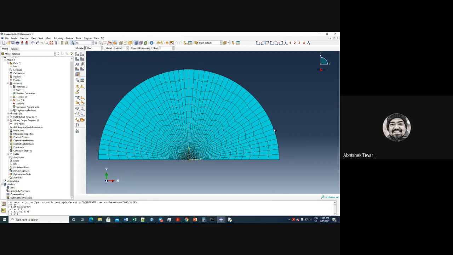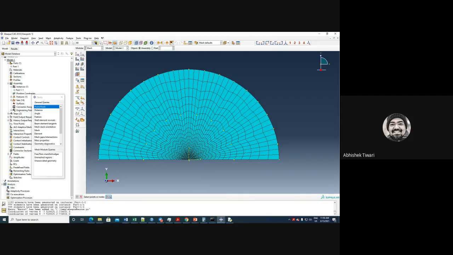So what is the node number? So let us see what is the node number. And it is good to know the neighboring nodes also. So query and node, and I want to know about this node, and done. So the node number, what?